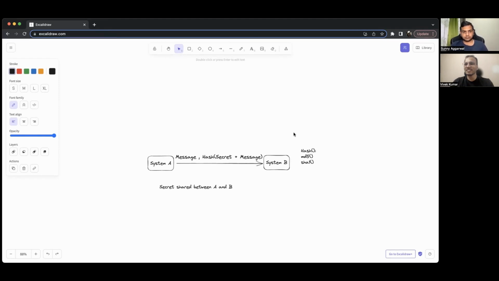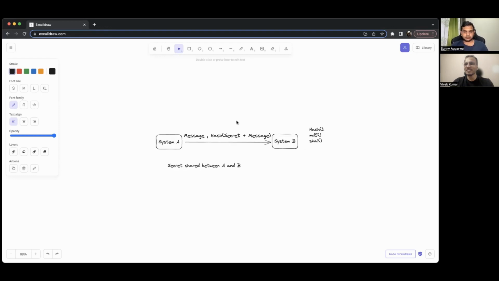Even if there is an attacker sitting in between and it intercepts the message and the hash, it will still not be able to generate the hash because the secret is only known by system A and system B. Over here, system A and system B are using the hash as a message authentication code, which is also known as a MAC. This authenticity check relies on an assumption that the correct hash will be generated by someone who